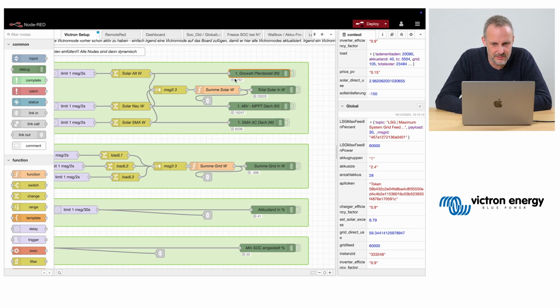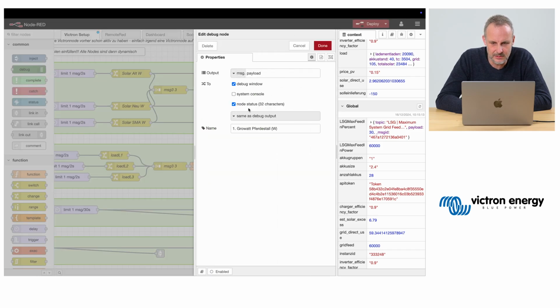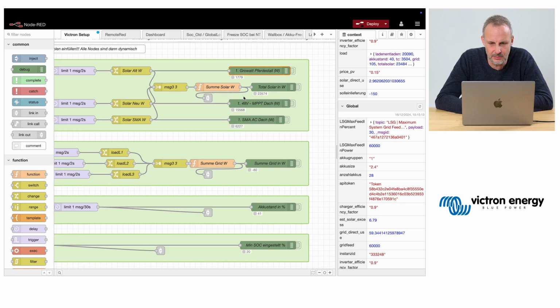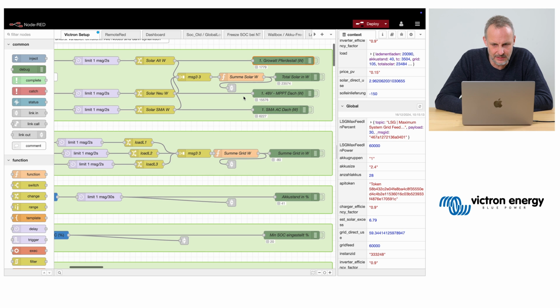Also on this side, I noticed that the same trick is used, which I showed you before. If you click the node status here and deploy it, and then you get the last received value in text below, which is really handy for debugging stuff.